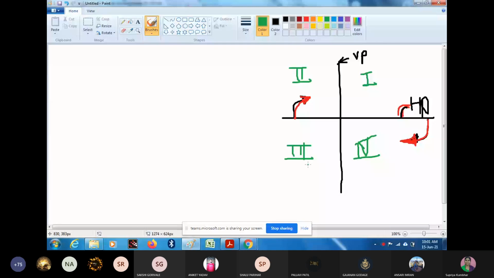So don't go for third angle method of projection. So according to first angle method of projection, second angle method of projection and fourth angle method of projection are not going to be used for projection purpose. Okay. So why are those two methods not used? So here you can understand by